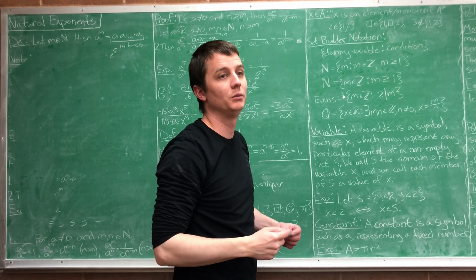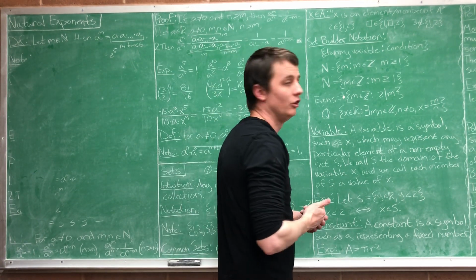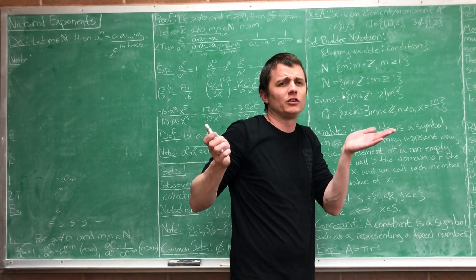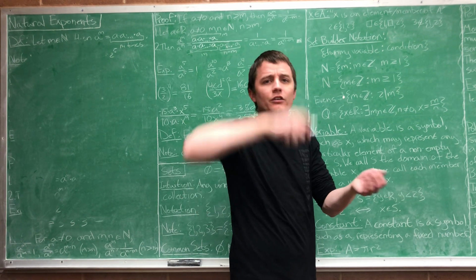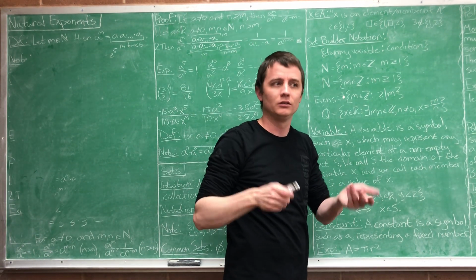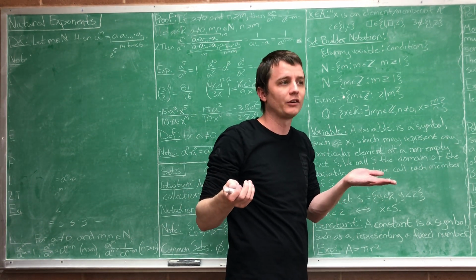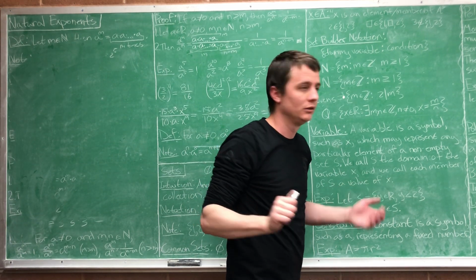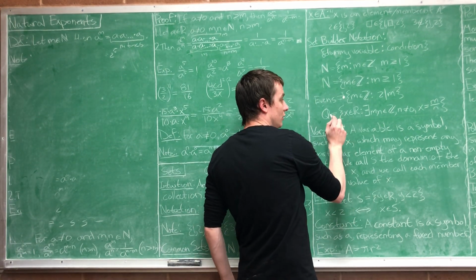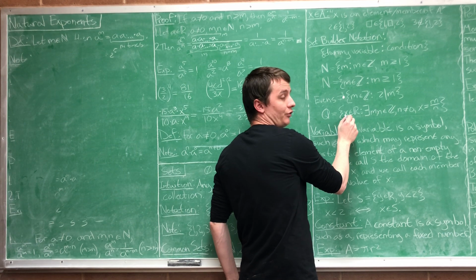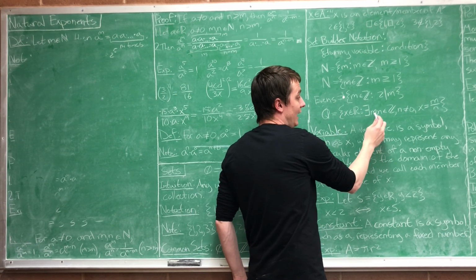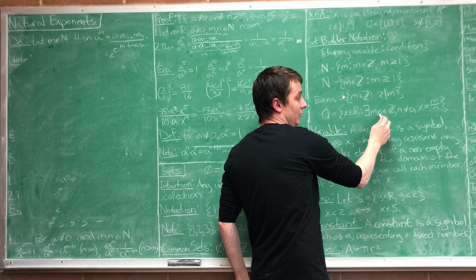Kind of a mouthful, but let's say it again. First off, intuitively, what's a rational number? It's just a fraction. If you can write it as a quotient of two integers, it's rational. 6 over 13, rational. So, a real number x is rational, provided that there exist two integers, m and n,